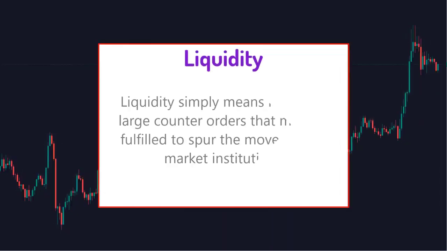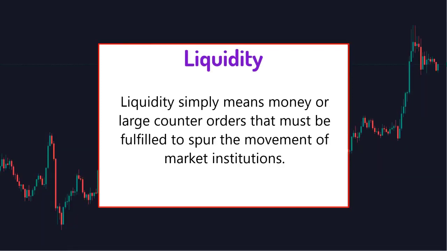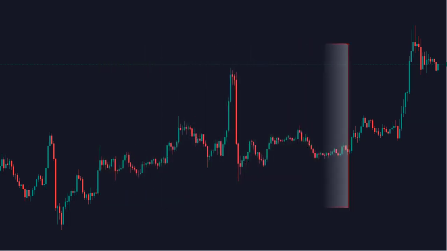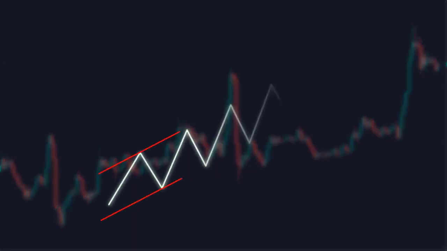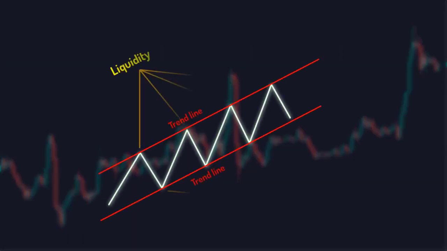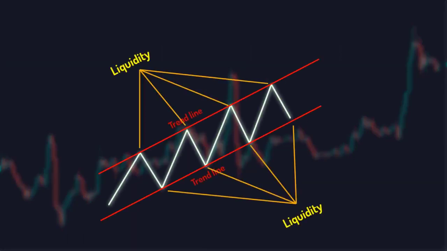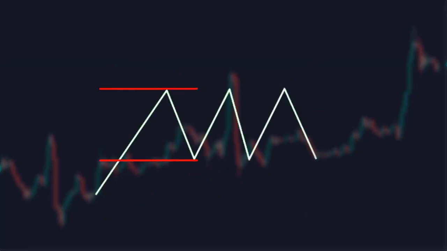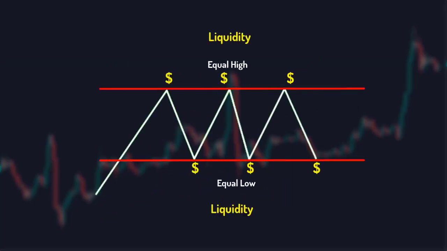And our last principle is liquidity. Liquidity simply means money or large counter orders that must be fulfilled to spur the movement of market institutions. In other words, liquidity is used as the fuel of the market, which is vital and necessary for the market dynamics. And it always accumulates behind the dynamic trend line or above the equal highs or below equal lows in the market. The reason why the market always tends to break through these areas is to gain its liquidity,